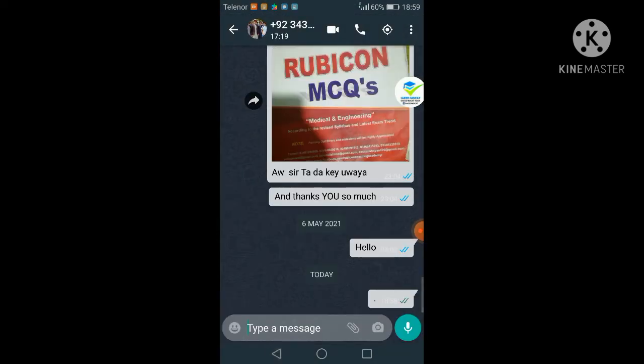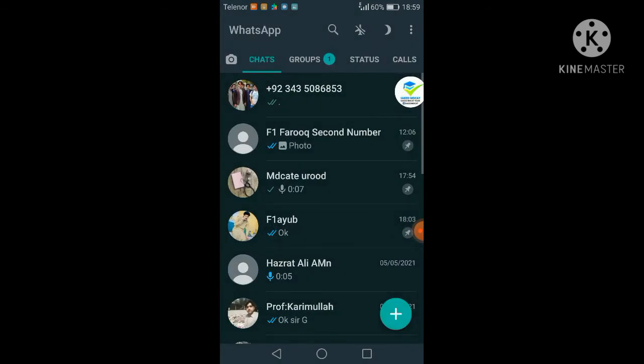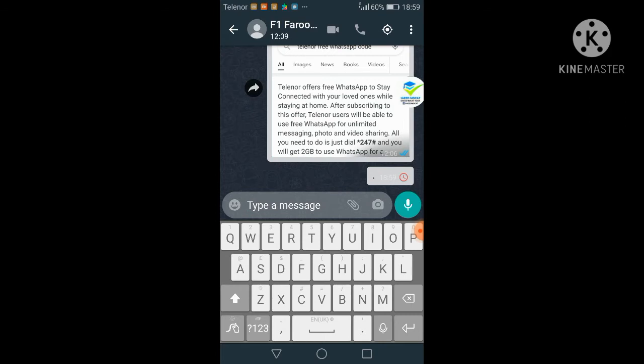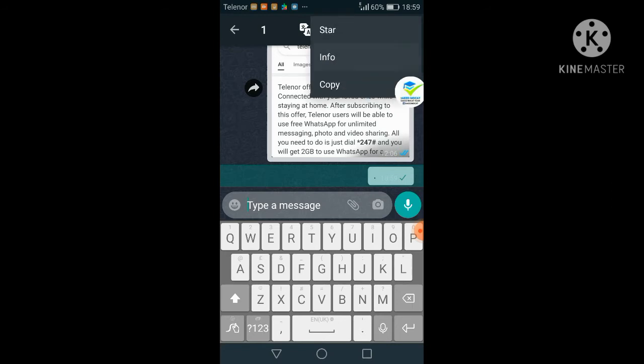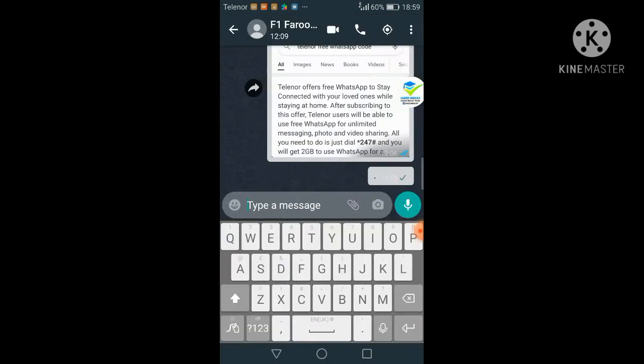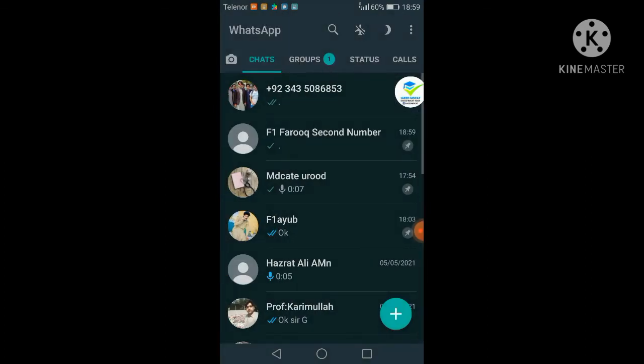For example, if I want to send a message to this person, I have sent this message. So you can see that here is one tick. One tick means that the message is not delivered. The person has no internet, is not online and has not seen your message.